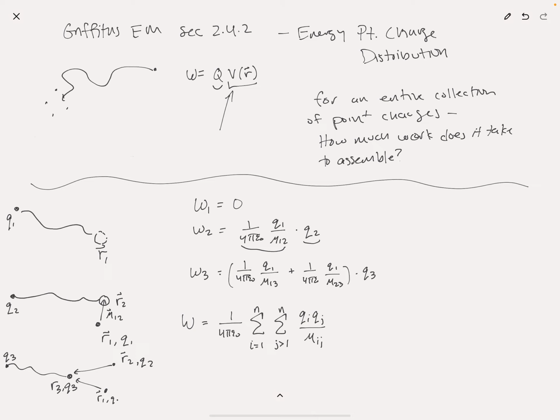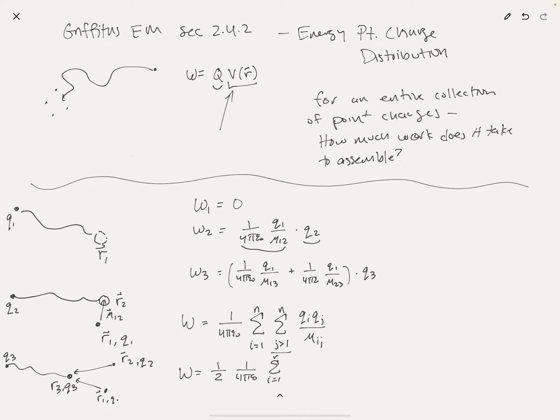That's not very nice looking. What I'm doing here is purposefully avoiding double counting because I don't want to double the energy by accident. But I'm going to be okay with double counting, and then cut the value in half in the end. So I'm going to introduce a factor of 1/2, 1 over 4 pi epsilon naught,